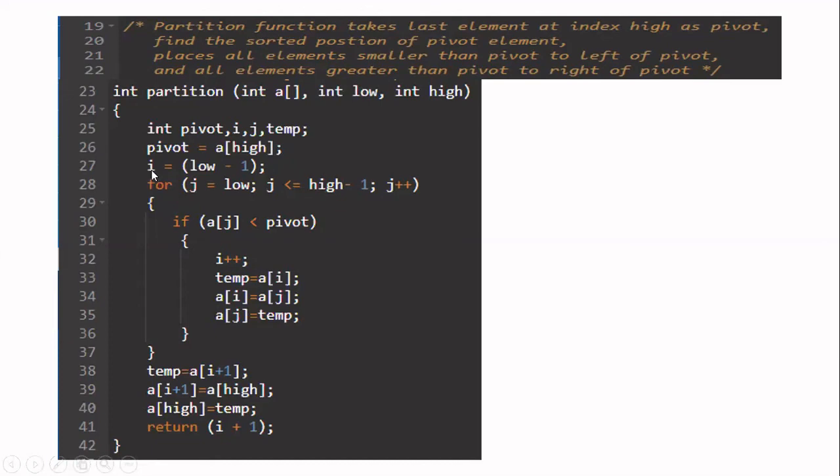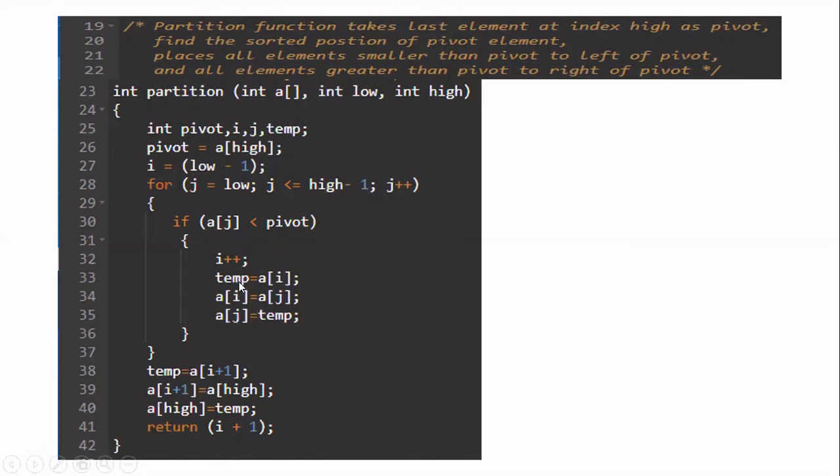Now you have to set the j value and do the looping repeatedly. So what is the initial value of j? Whatever is low, that will be the initial value of j. Now when you set j, you have to do certain steps. So you will be doing a checking process. You are going to check whether the current element at A of j is less than the pivot element. If the element at A of j is less than the pivot element, then what we have done in the tracing, we have incremented I, that is I++, then we have swapped A of I and A of j.